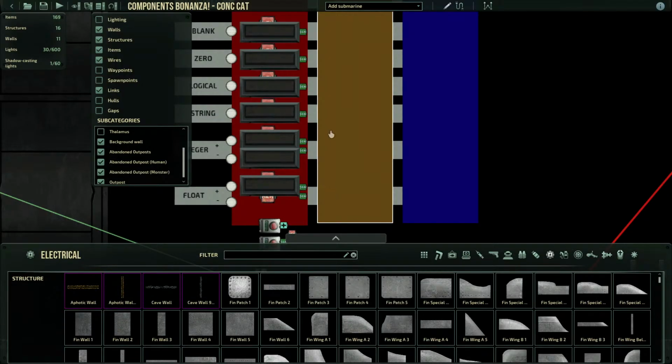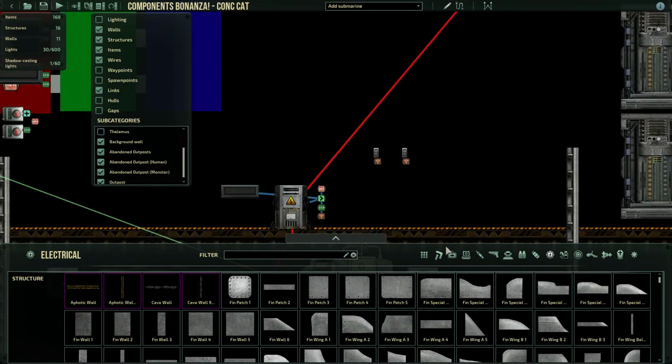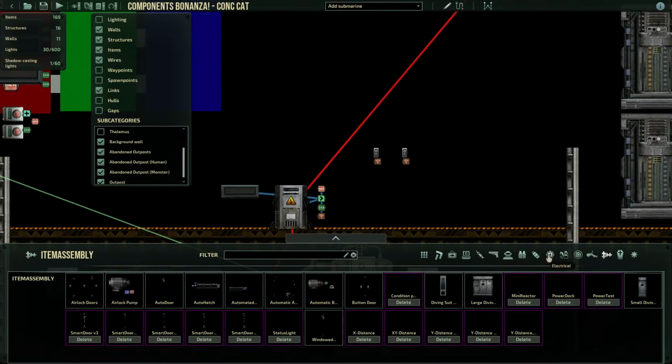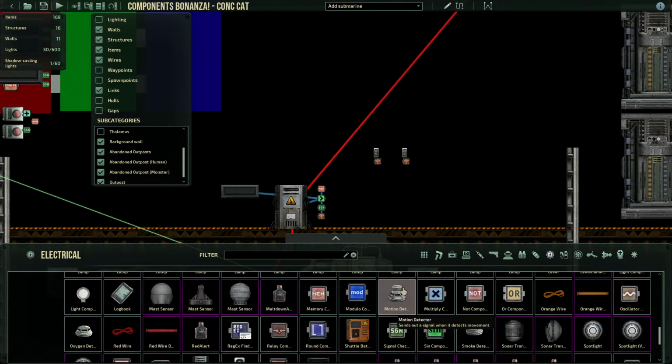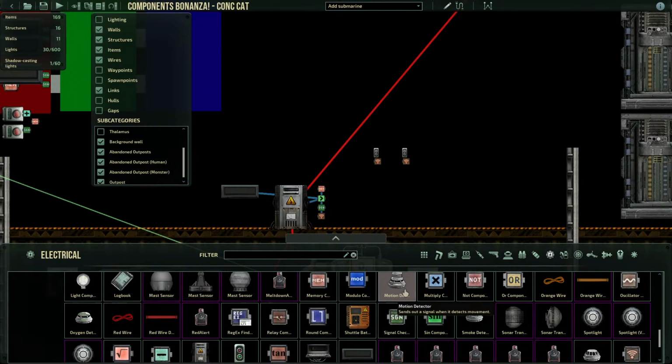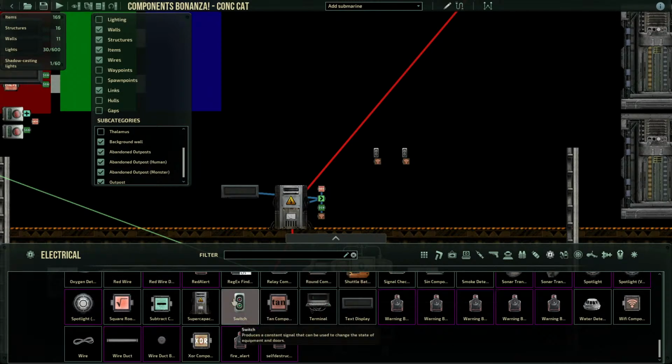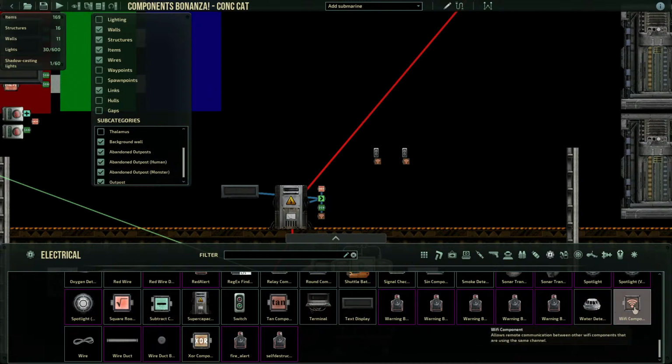We're almost there, guys. We have almost gone through all of our components. We're at what, signal check now? Sine. Sine is the same as we talked about our cosine, subtract, supercapacitors, switch, tangent. We talked about terminals and text displays. I'm not going to call those wiring components. They're displays. Wi-Fi components. Okay, here we go. Wi-Fi components